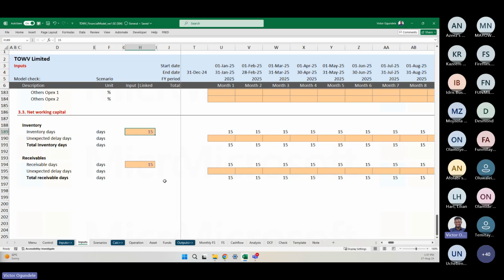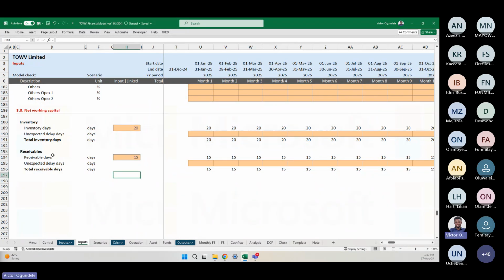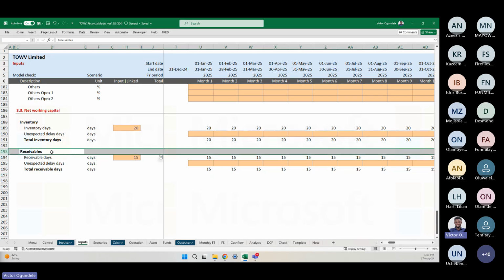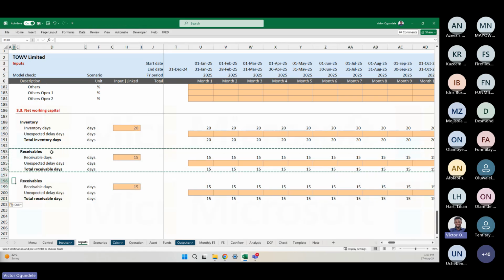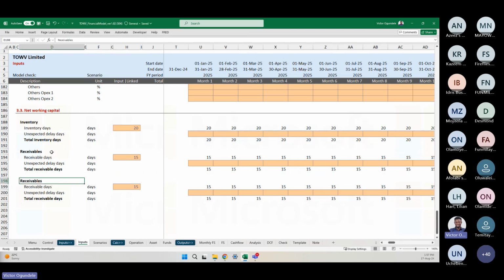I'm not sure how long this will take, but let's just put it as 20 days for the inventory days. It could be more than that, as I said. You definitely need to work on your assumptions and be able to defend them. So you might want to look for publicly available businesses that play in that same industry,